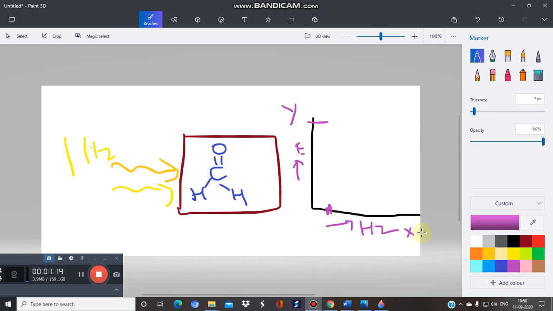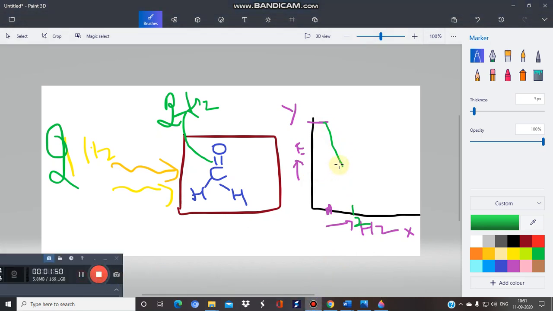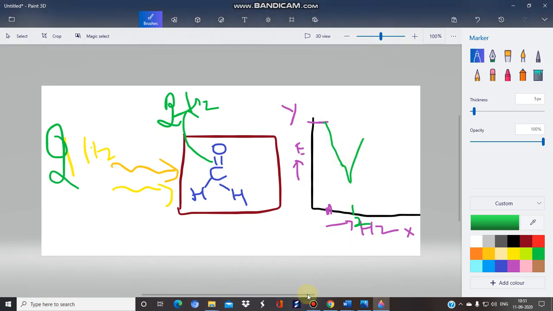So in this way, now in the second case, if we use the IR radiation frequency of 2 hertz, and we know that this is the carbonyl group, this will absorb 2 hertz of radiation. Then what will happen? The percentage of emittance will decrease. Suppose this is again the 2 hertz. So in the emittance, we will show a sharp decline. In this way, this is a sharp decline.